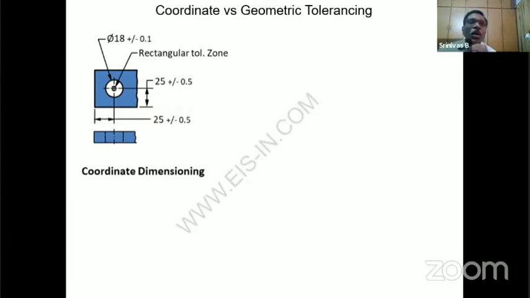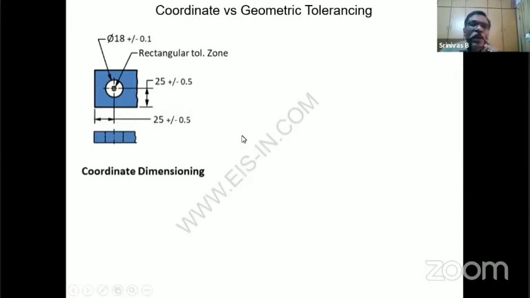Yeah, so now we have this one, sir. It is a rectangular tolerance zone for the location. How is it saying there is a true position at the exact center point? There is a theoretically imaginary point that is called the 0, 0 point. From there, 0.5 is to the right, and from the imaginary center point to the left also 0.5. That is the meaning of this location dimension. Similarly, there is a location tolerance in the y direction: plus side 0.5, minus side 0.5.